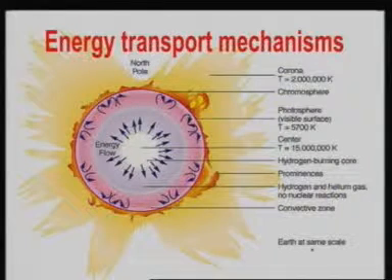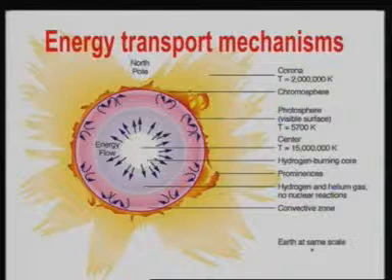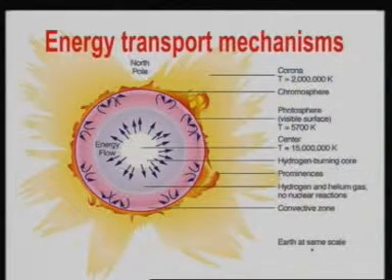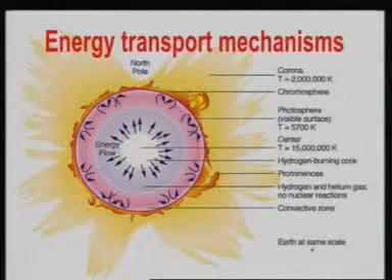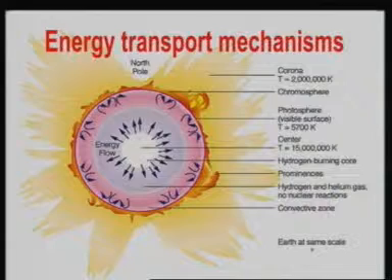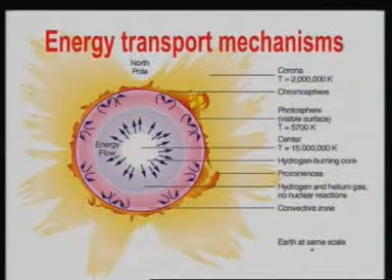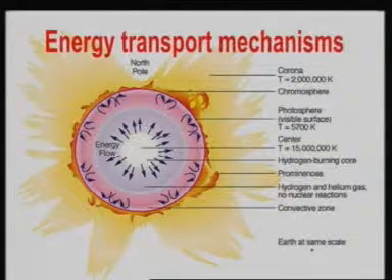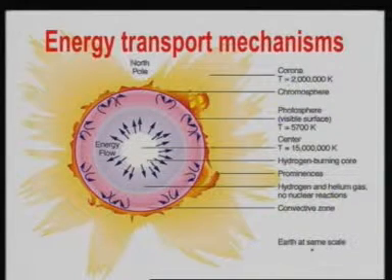As I told you, the high energy photons travel from the core and they collide with matter, and when they are re-radiated, they can be re-radiated in any other direction. So the process is a random walk kind of thing from the core to the surface of the star. And this process could take, in the case of the sun for example, as much as some 10 to the power 5 or 10 to the power 6 years, a million years, for a photon to travel from the core to the surface.